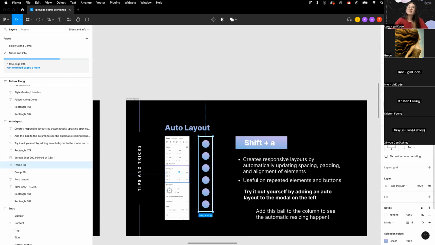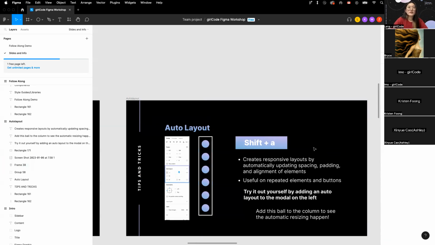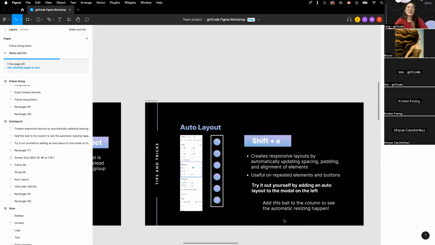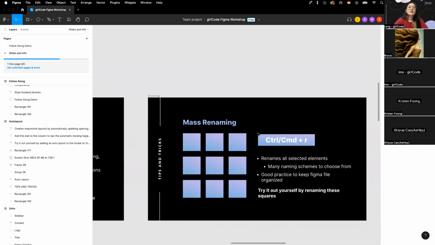In auto layouts, you can change the orientation of it. You can increase padding in this way and this way. So yeah, it's a pretty versatile way of working. If you guys wanted to, you could also try this exercise as well. Great. Moving on